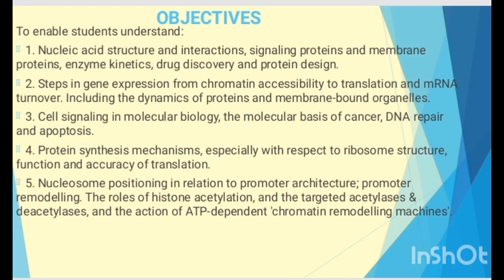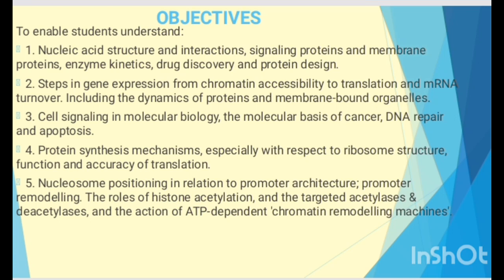Students need to understand nucleic acid structure and interactions, signaling proteins and membrane proteins, enzyme kinetics, drug discovery, and protein design. 2. Steps in gene expression from chromatin accessibility to translation and messenger RNA turnover, including the dynamics of protein and membrane-bound organelles. 3. Candidates also need to understand cell signaling in molecular biology, the molecular basis of cancer, DNA repair,